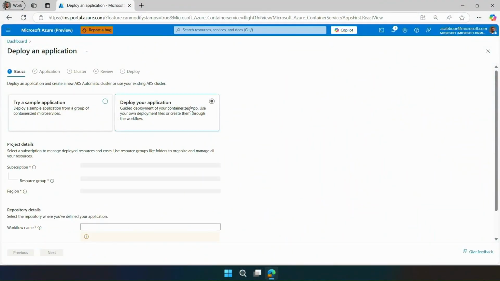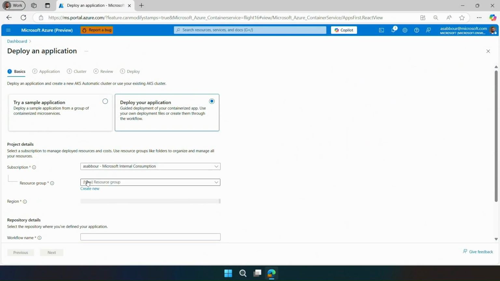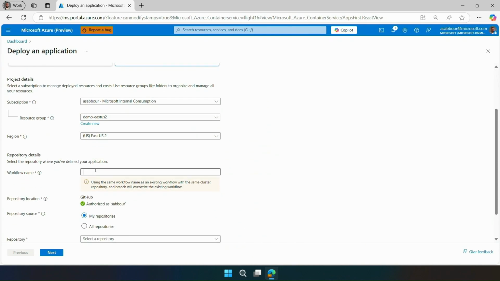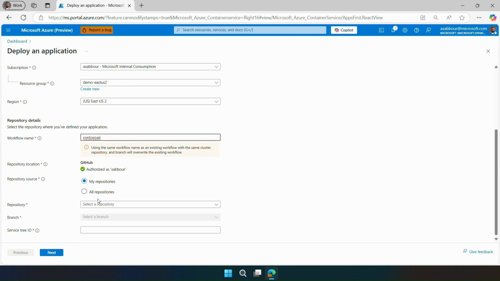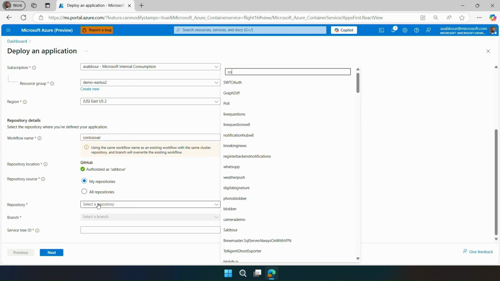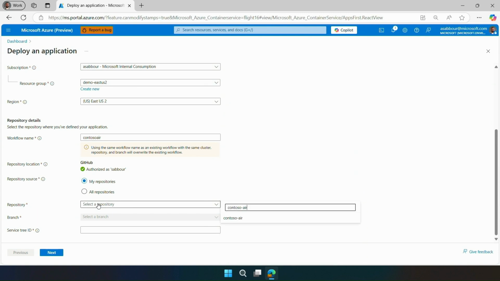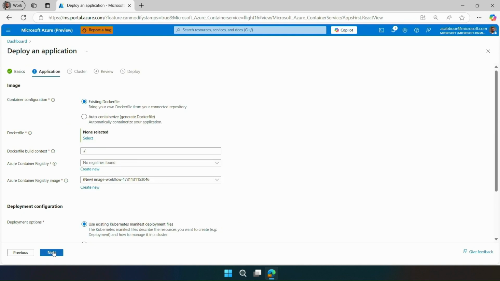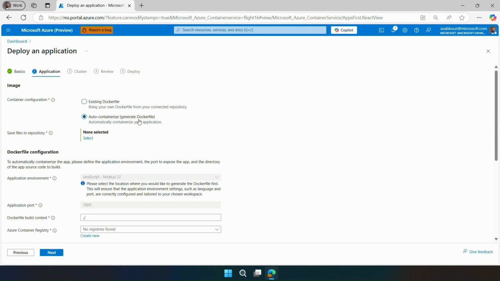So in order to do that, we'll be using Draft, our open source bootstrapping tool that in the portal we call automated deployments for its UI, that immediately allows us to say, hey, I have a repo, which is my Contoso Air repo, and I want to containerize the code that is there and deploy it to a new AKS cluster in this case. So the only thing we need to do in order to achieve that is pass on our repo, select the specific branch that we want, and from here we can either load in our existing Docker files or auto-generate one, which is exactly what we're going to do.